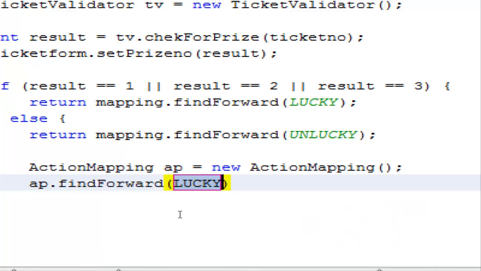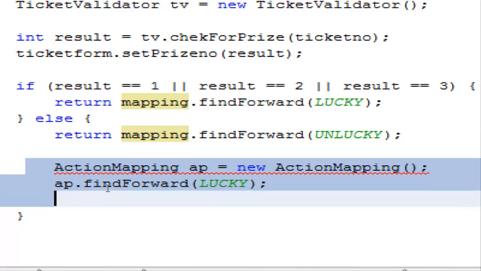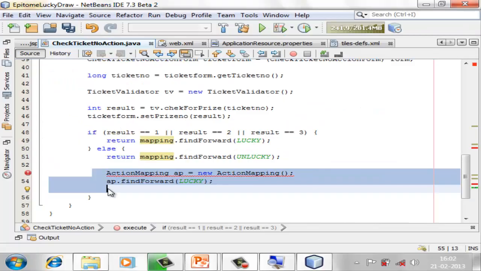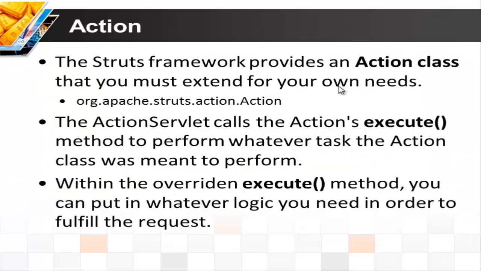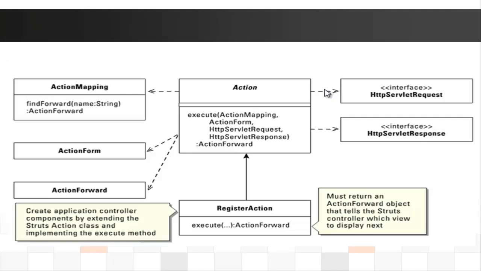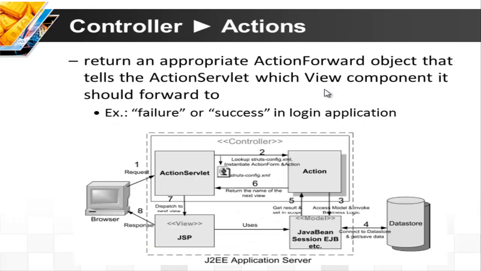What is the difference between this one and writing this? What's the difference between these two things? Here you are separately creating an ActionMapping object. What about the other one? In the previous case, somebody else has already provided you with that. What is the meaning of this? When you created,